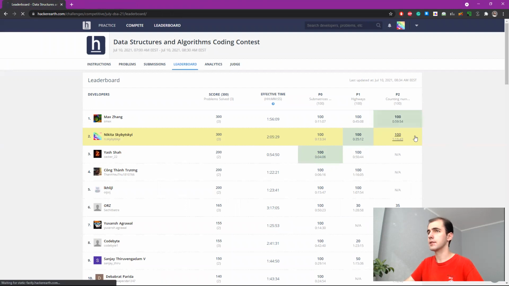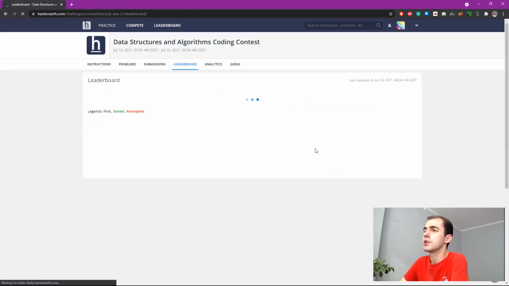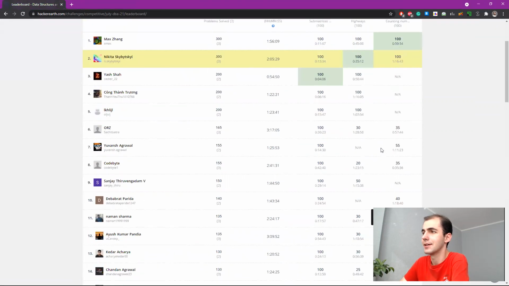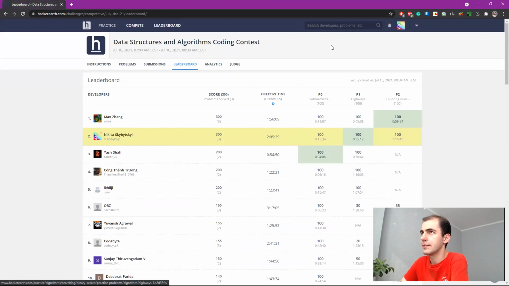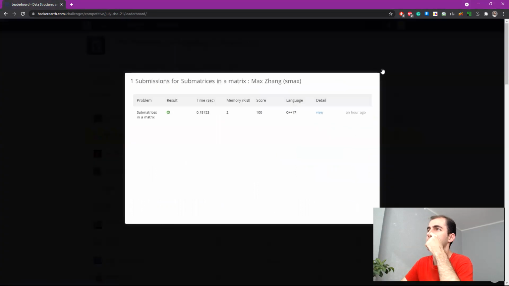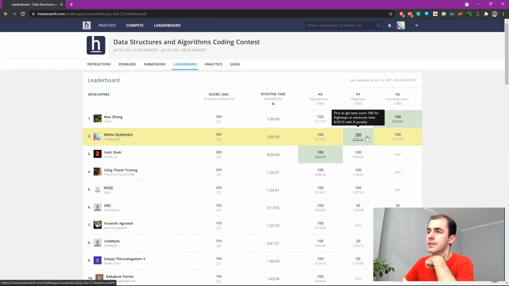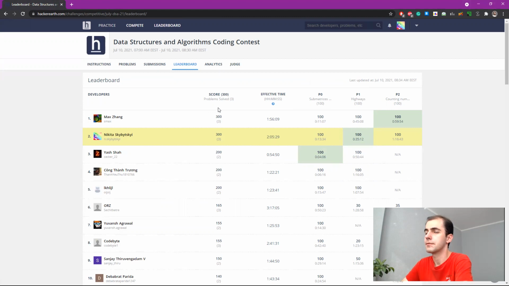Now we got second place by a margin of 10 minutes, which highlights how bad it is to come to a contest late by 3 minutes. No, fair play. I bet that Max also came late because it is not possible for him to take 10 minutes on such a problem. If I was not explaining anything, I would have gotten it in under 5 minutes, I'm pretty sure. So he is clearly also capable of that. I think he does not take it seriously, so we should not either.